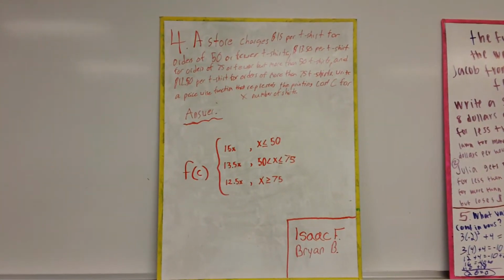A store charges $15 per t-shirt for orders of 50 or fewer t-shirts, $13.50 per t-shirt for orders of 75 or fewer, but more than 50 t-shirts, and $12.50 per t-shirt for orders of more than 75 t-shirts. Write a piecewise function that represents the printing cost C for x number of shirts. We got f of x equals